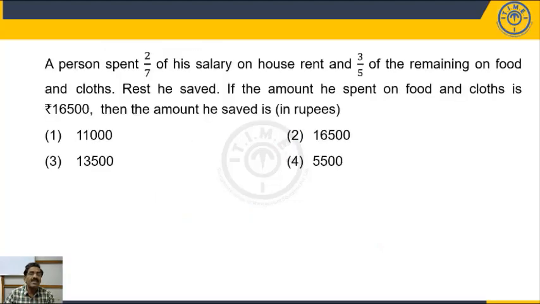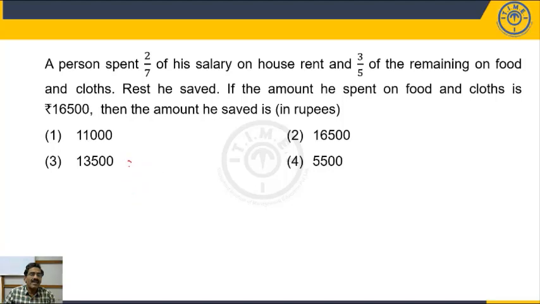on equations here. A person spent 2 by 7th of his salary on rent and 3 by 5th of the remaining on food and clothes. Rest he saved, is the data. If the amount he spent on food and clothes is 16,500, then the amount he saved in rupees is how much, is the question. So if you are observing carefully,